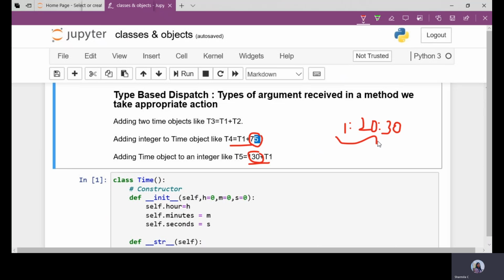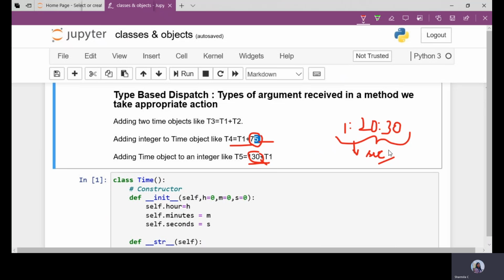Whatever time we are going to consider, we'll convert this complete time to seconds. For example, 1 hour 20 minutes and 30 seconds will be completely converted to one single value in seconds. To these seconds, we'll add the integer value, 75 in the second scenario and 130 in the third, because we are considering both as seconds.